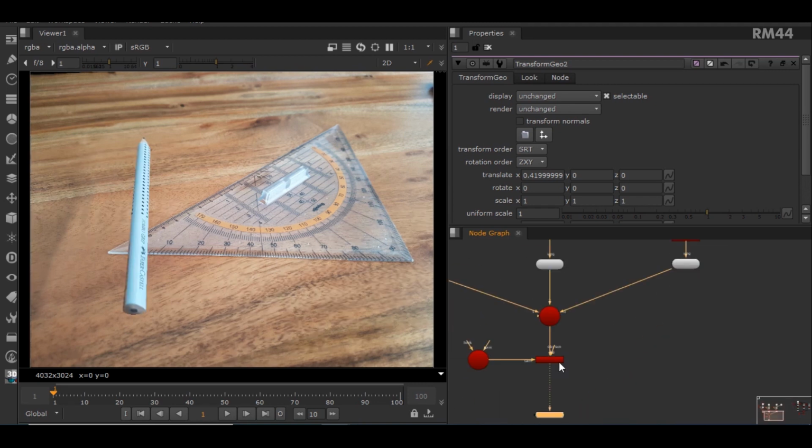After connecting to the viewer, we no longer have this pencil texture on this table, and now you can animate the pencil anywhere you want. You can also animate the camera to create this as a video. This process is really helpful if you would like to animate any basic shapes on this background or in matte painting. So guys, that's all for this video.